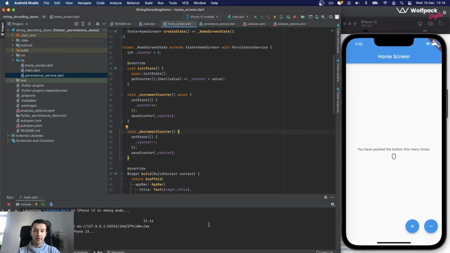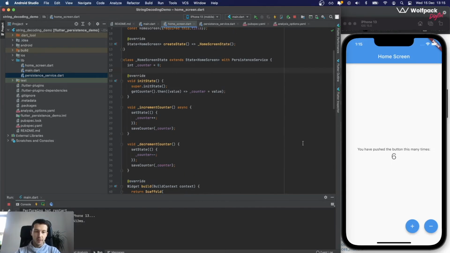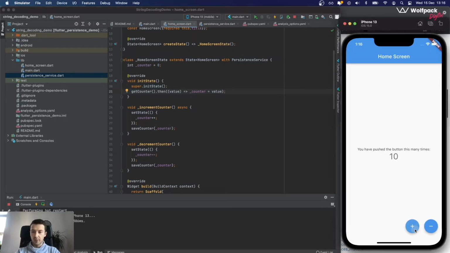Alright, we have the app restarted. Let's increment and decrement the counter a few times. So, okay, we'll leave it at 6, and now let's restart the app. The initial value for a brief second was 0. Let's see that again. And that's because we are initializing the counter with 0, and only when the future returns, we get the saved value from shared preferences. But if we change that and restart the app again, we can see that the new value is persisted